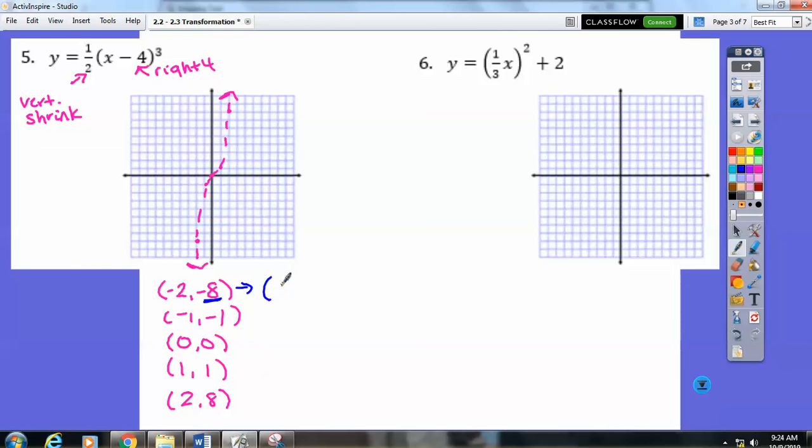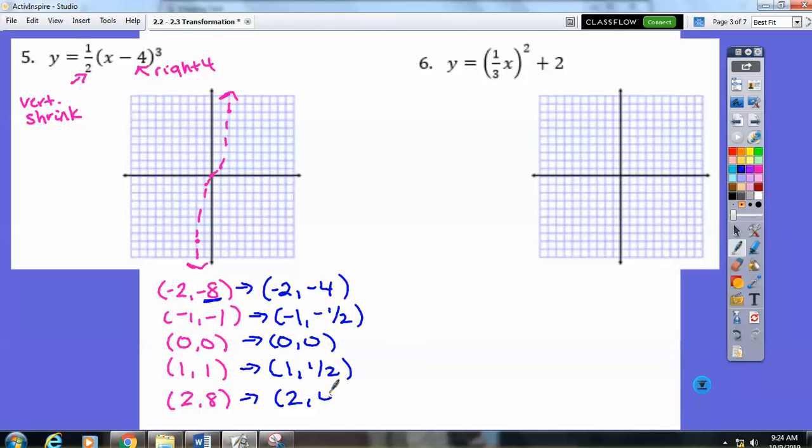If I take my y's times 1/2, and I get -2, -4, -1, -1/2, 0, 0, 1, 1/2, and 2. If I plot those,